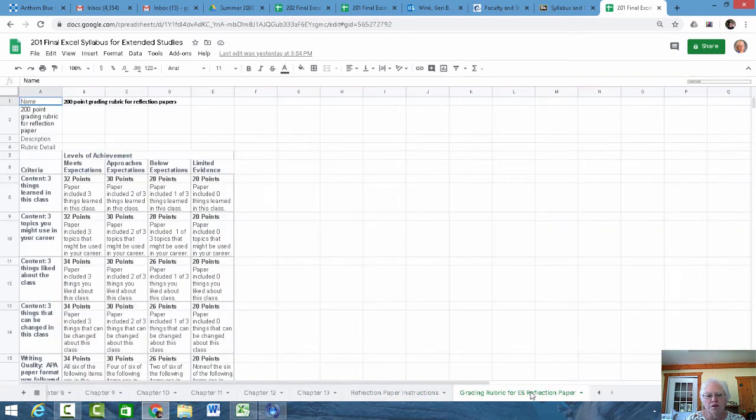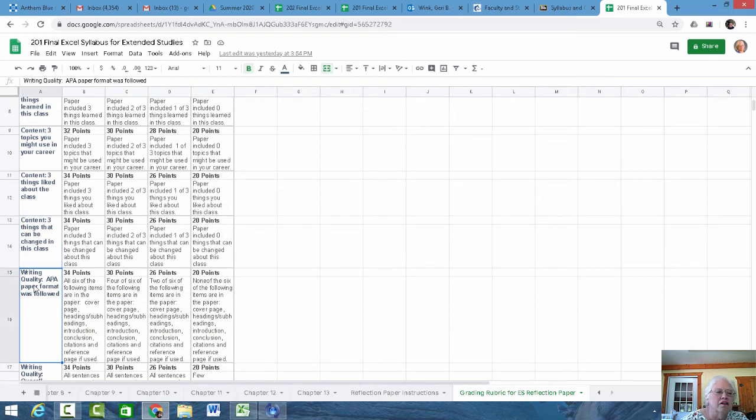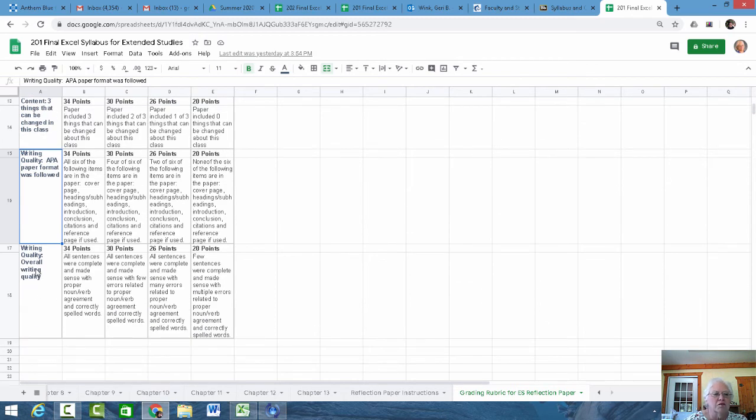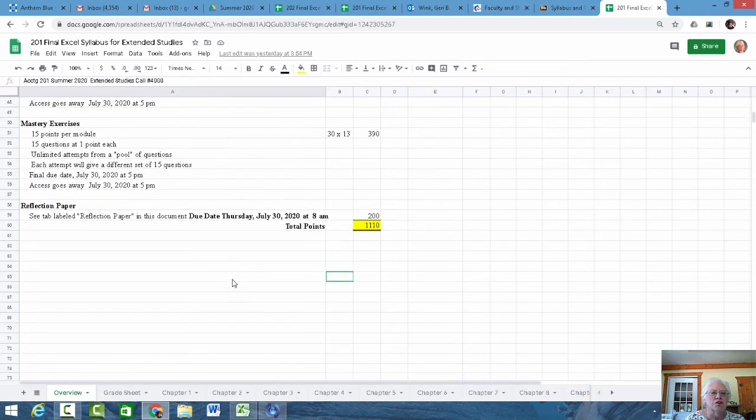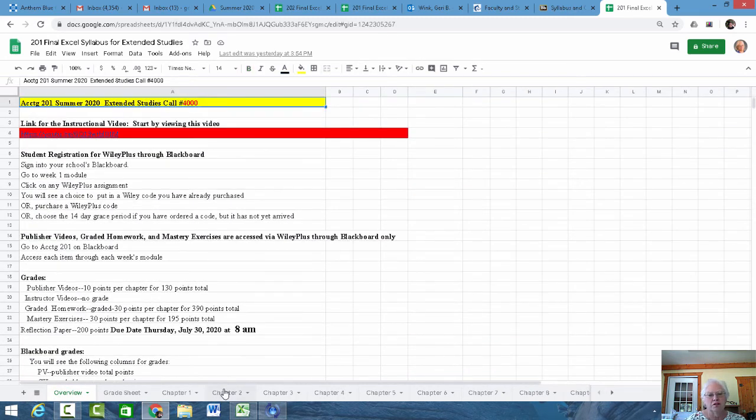And this is how I'm going to grade the reflection paper. I'm going to grade the 3 things you learned, the 3 things you might use, the 3 things you liked, the 3 things you didn't like. I'm going to grade on if you followed APA writing. I'm going to grade on your overall quality of writing. So do a good job, you get full credit, 200 points, easy peasy. Okay? So again, if you want to go back to the beginning, click the scroll to the left button. The overview gives you lots of information in there. So that's where you're going to start. So now let's go